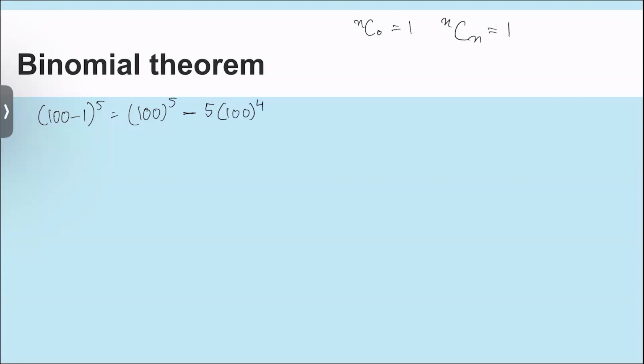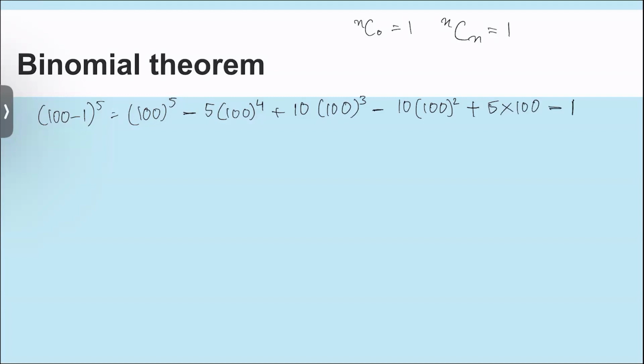Okay, and the rest of the b part is going to be 1, so we are not going to rewrite it anymore. Then the next coefficient was 10 into 100 cubed. Okay, and then minus again 10 into 100 squared. Okay, and then plus again 5 into 100, and the last one will be minus